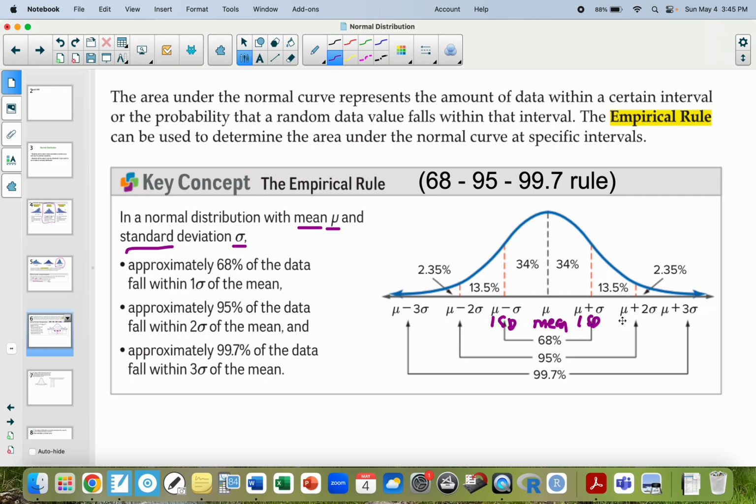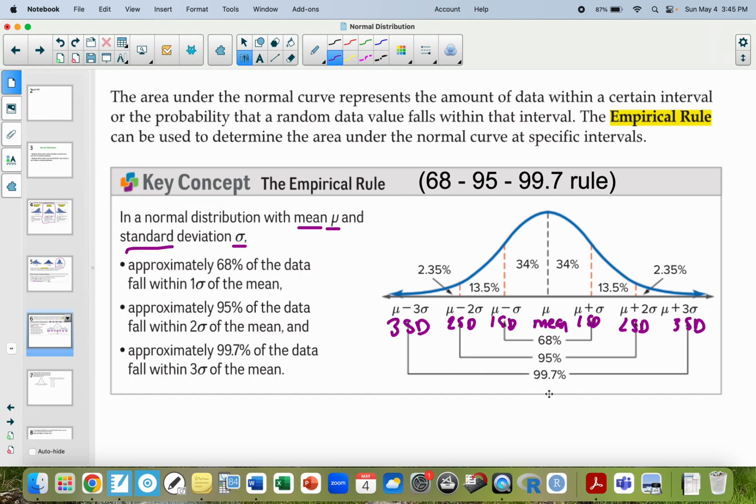Then, if I go two standard deviations away, this section between one standard deviation and two standard deviations represents 13.5% of my data. And same thing over here, if I go two standard deviations less than the mean. Overall, that represents 95% of the data. So if I'm two standard deviations in either direction of my mean, that represents 95% of my data. So 68, 95, and then 99.7. Now if I go three standard deviations away in either direction, that's 2.35% on each side. And so that represents